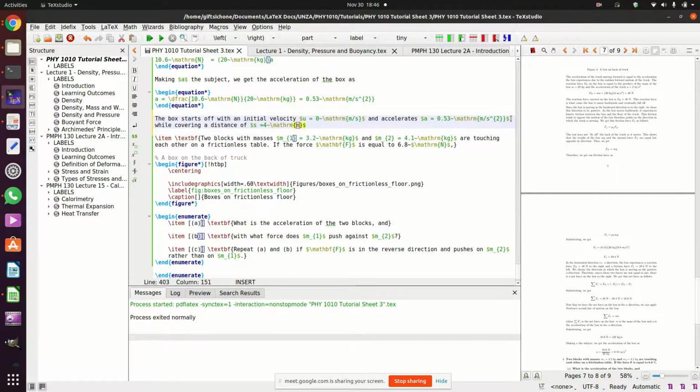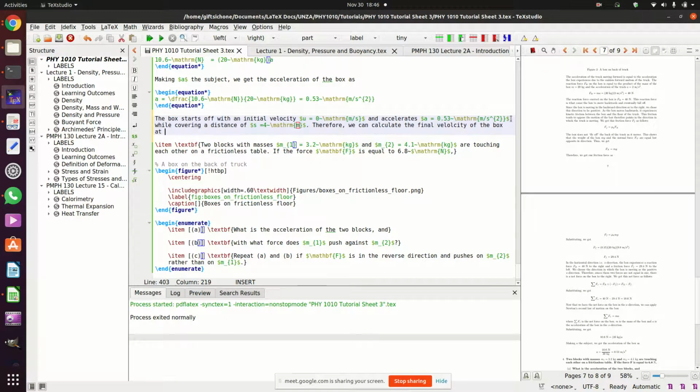While covering a distance of 4 meters. Therefore, we can calculate the final velocity of the box at the end of the 4 meters using the formula